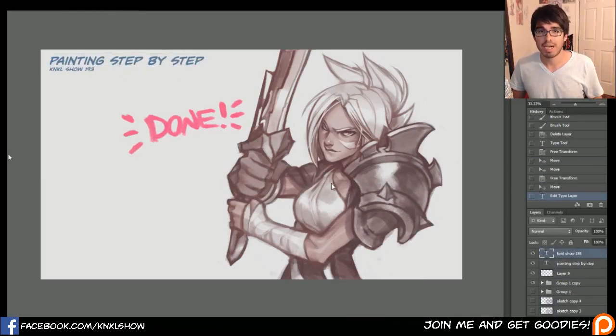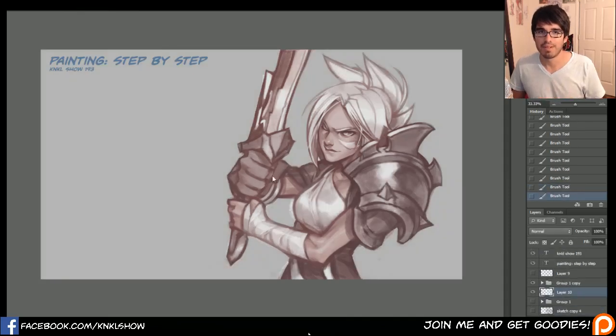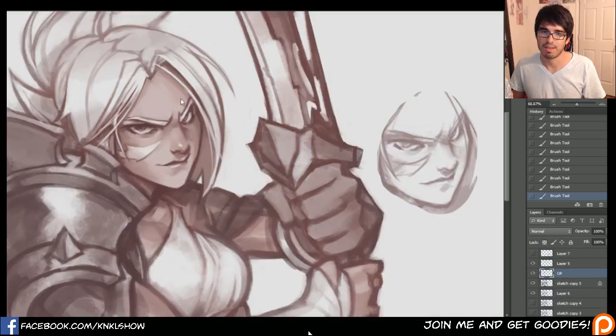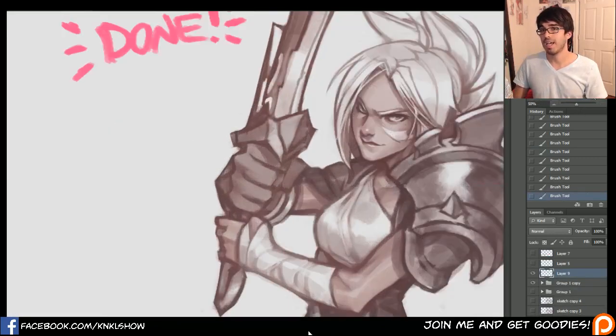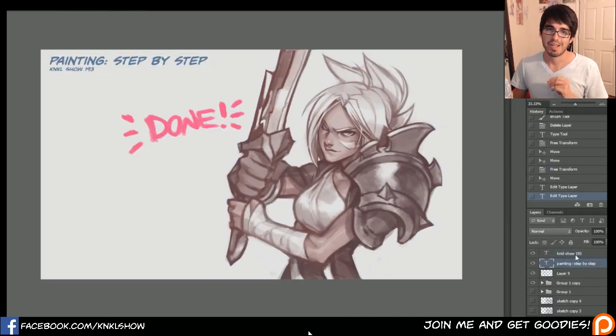So most of my time spent in the overpainting was on the face. Then I add a little bit of fancy effects, make the background a little bit darker, and paint white behind the character. Behind the character, you can see here, group 1 is the lines and all that stuff. And then that white is just kind of putting light back into it, because you can see when I made the background dark. This will actually explain a little bit more of how I paint. Okay, so watch what happens. When I darken this background,